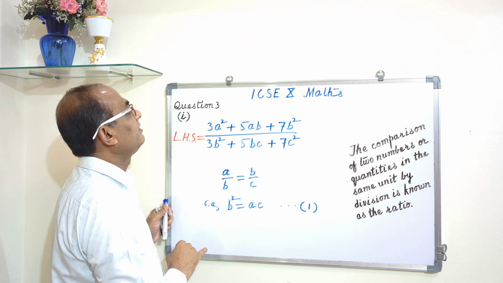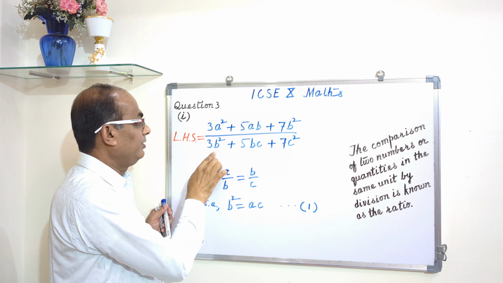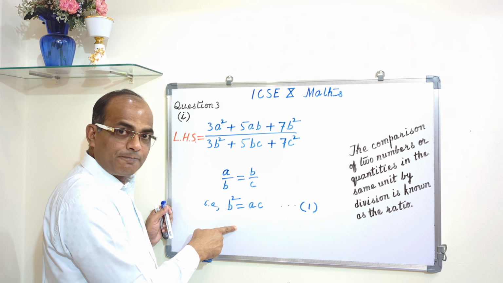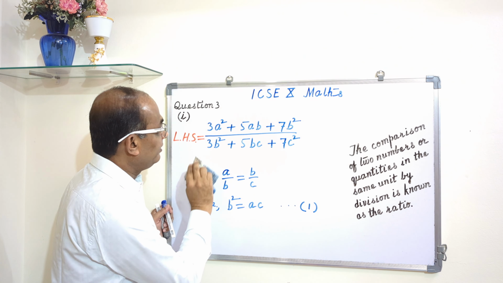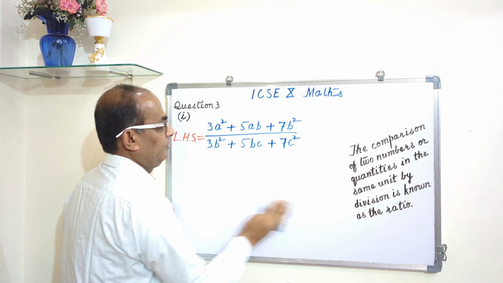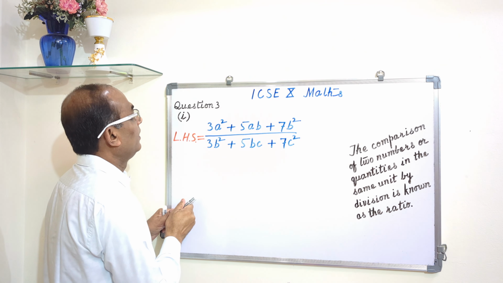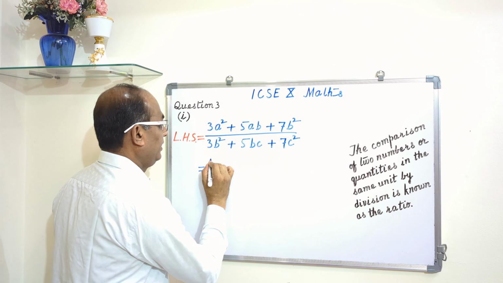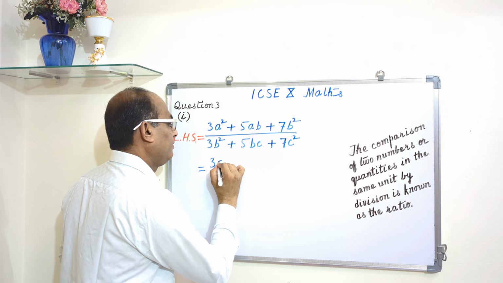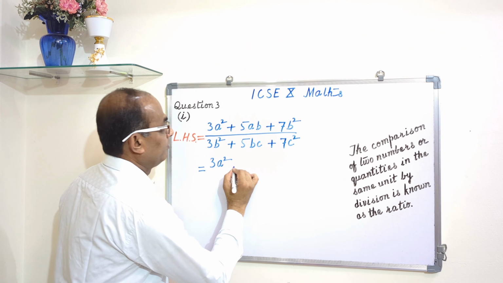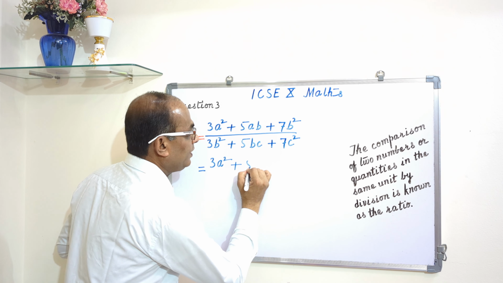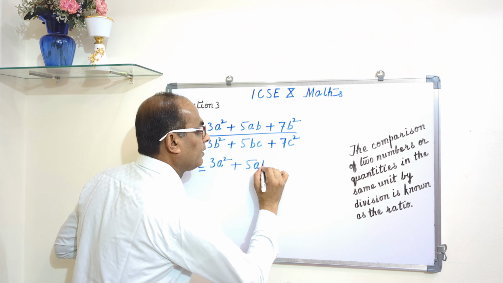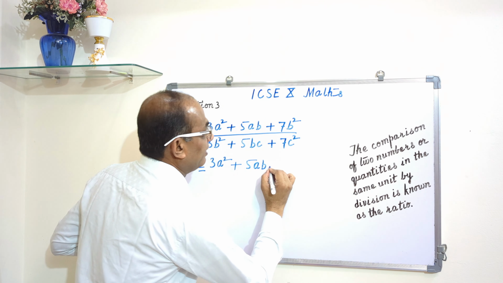Alright. So LHS is equal to (3A square plus 5AB plus 7B square) whole divided by (3B square plus 5BC plus 7C square). Now the result we know, B square is equal to AC, please remember. So B square is equal to AC, we are going to substitute here. And we get this is equal to 3A square plus 5AB plus 7